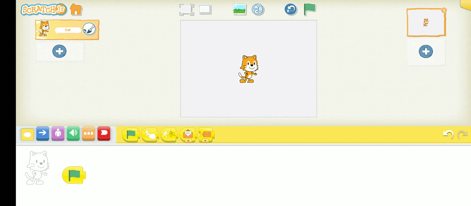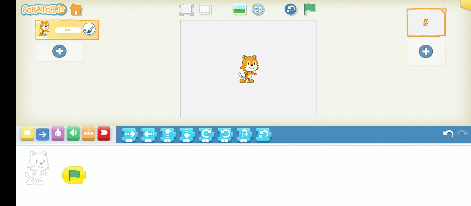Again come to the blue block and take any block. Suppose going forward and then going backward and then taking a turn. Only simple blocks I have taken. Now when I want to execute my program, I have to click on the green flag which is there on the top of the screen.